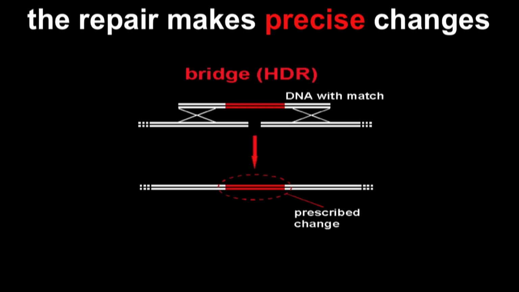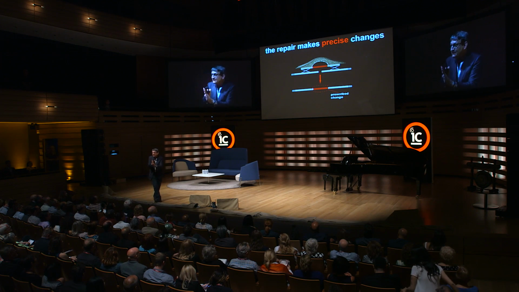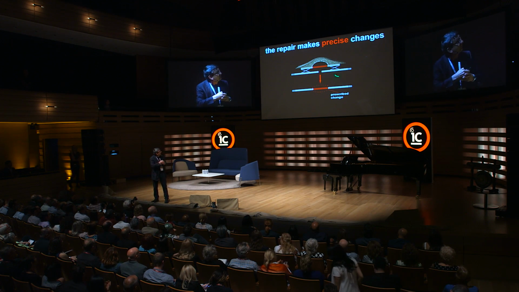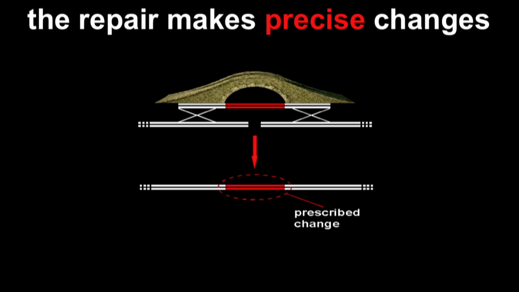This is all taking place inside the cell, and then the cell uses its repair machinery to fix that break. And I think of this repair machinery, this is homing in really on what's going on, as being a bit like a bridge, a molecular bridge. Of course, this is all happening in tiny, tiny scale, where one foot of the bridge, the left foot of the bridge, perfectly matches the left-hand side of the break, and the right foot of the bridge perfectly matches the right side of the break. But the span of the bridge, you get to put in whatever you like. So this is an extra, just a little piece of the genome, of the instruction manual. You can flood the system with this, and you've figured out exactly what you want to do so that it ends up being integrated into the genome.